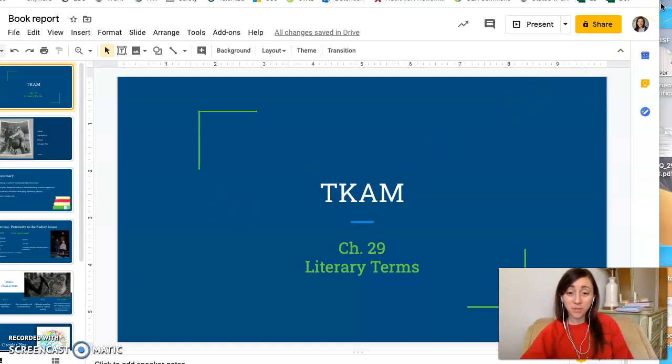We are going to finish To Kill a Mockingbird this week, and I want to start by emphasizing that this week we're going to be looking at literary terminology. So we're going to be looking at allusion, simile, foreshadowing, mood, tone, those sorts of things. We've discussed them before, but again, the literary terms don't really go away. So we're just going to expound upon them today in light of To Kill a Mockingbird and see how they lend to appreciation of the literature as well as a deeper understanding of what's actually going on. Because in some cases, we have to depend upon the textual clues to really read